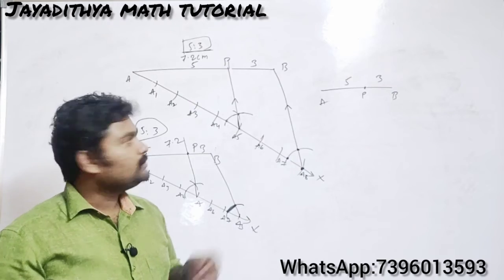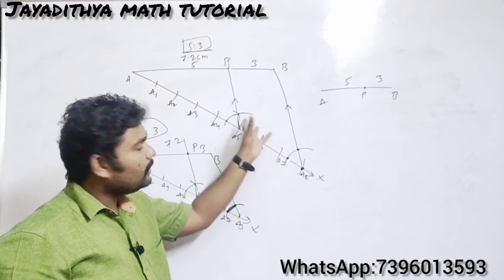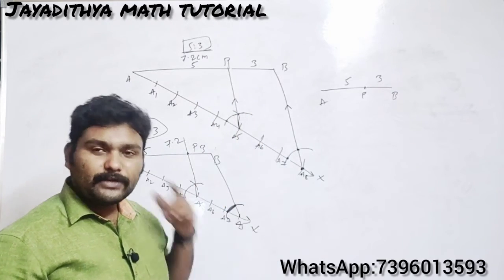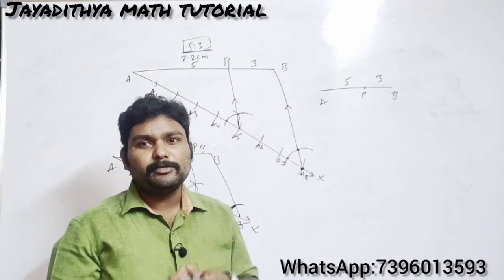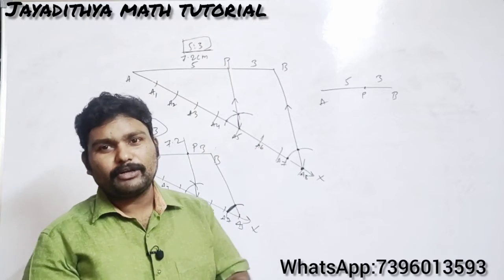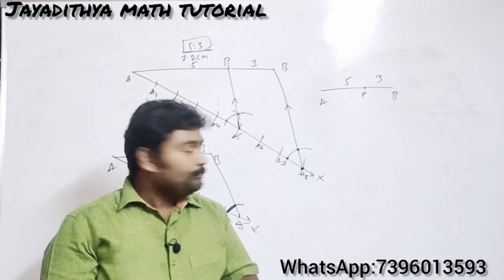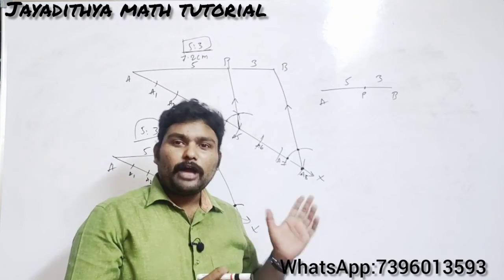If it is given in the 4 marks, you should draw the rough figure like that, and you should draw the main construction. After that you should write the construction steps also. What are the construction steps you will be writing here? Whatever you have done, you write that only, then that will be okay. Clear? I hope you have understood this class very well.